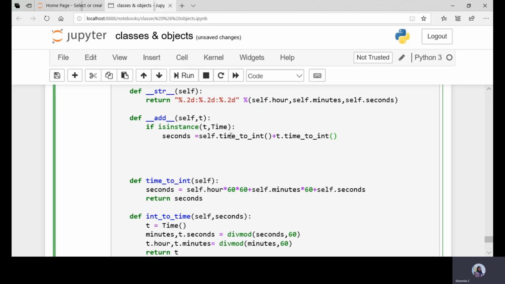I'm converting both the objects to seconds, calling the function time_to_int.